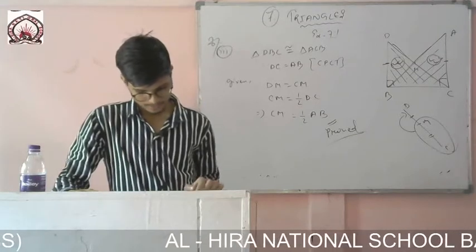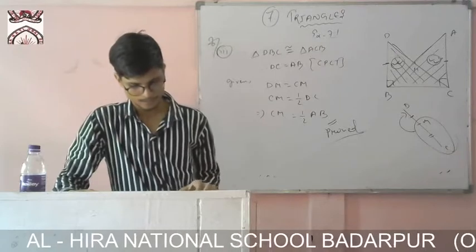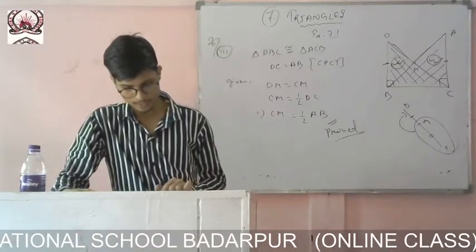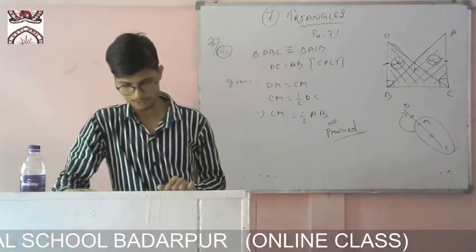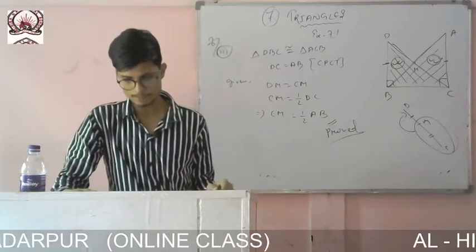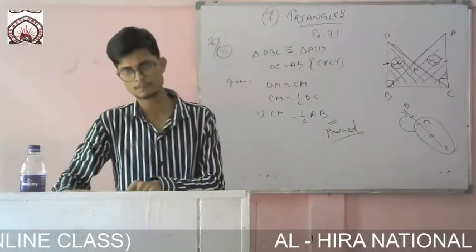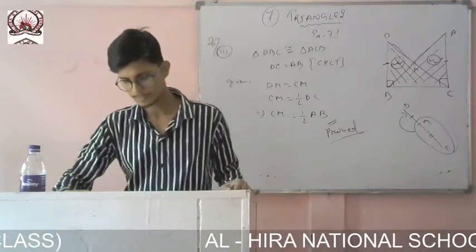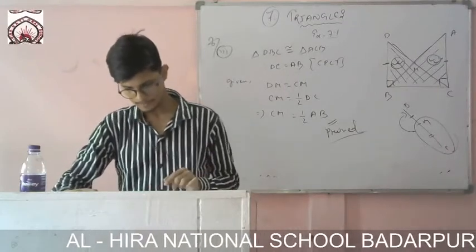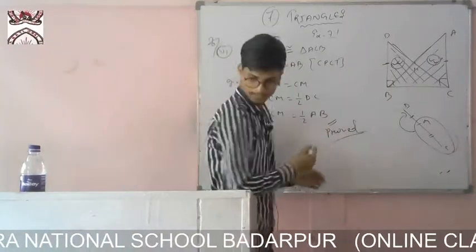You see it is given in the question that OA equals OB. So here it is given that two sides are equal, and these two angles, angle AOD and angle COD, are vertically opposite angles. You see in your book, very nicely done here. If these two are vertically opposite angles, that means these two are equal. So two sides and one angle we have got equal. So I can write that these two triangles are also equal. And if these two triangles are equal, that means angle OAD will be equal to angle OBC. Like this, the figure is given.